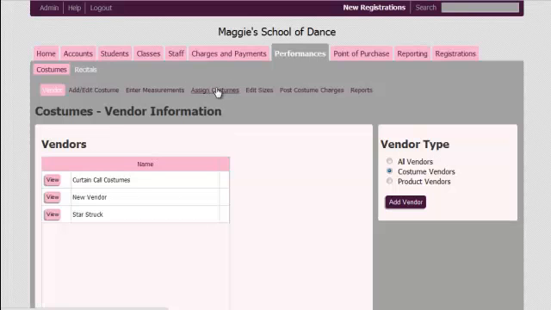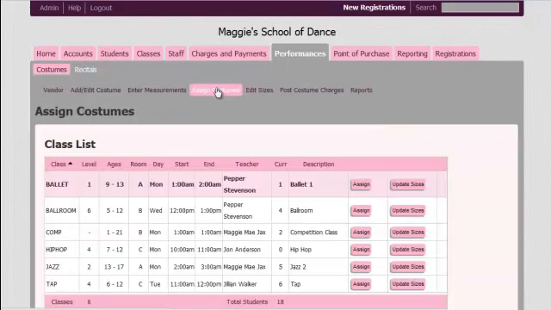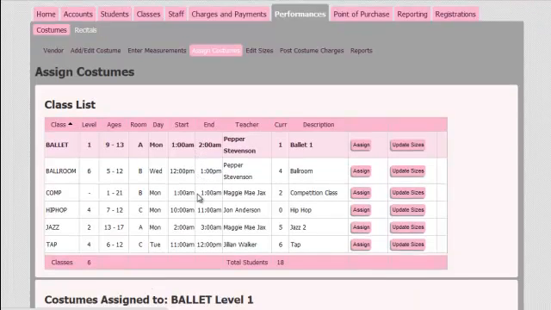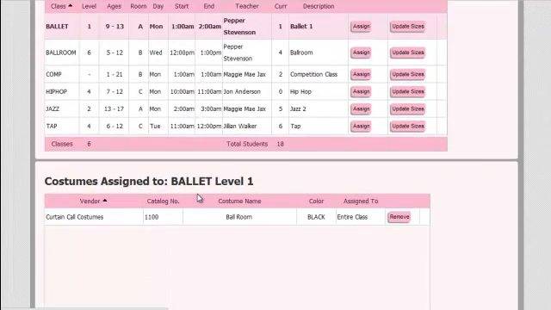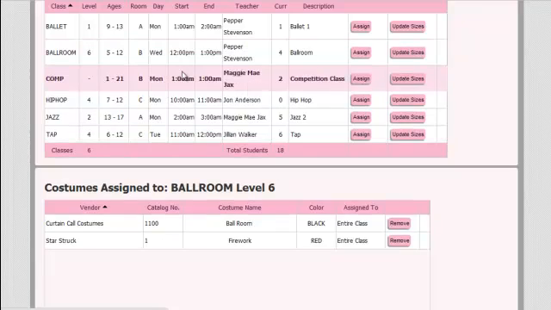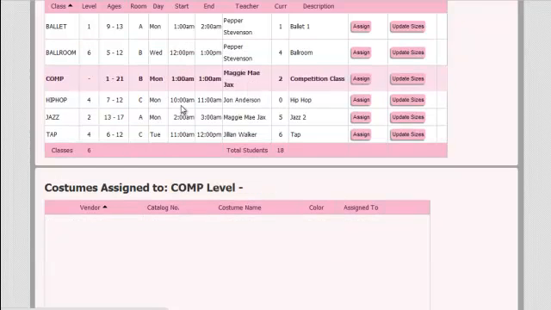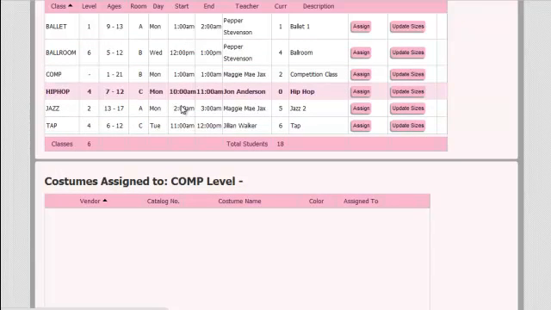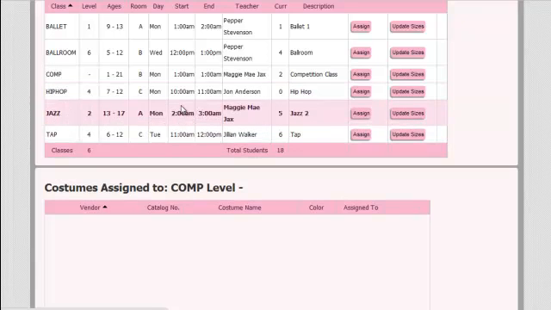Select Assign Costumes from the menu at the top, and you'll see a list of classes. The first class is highlighted by default. If you scroll down past that class, you'll see a menu that says Costumes Assigned To. These are costumes that you previously assigned to each class. So as you scroll through your classes, you'll see that some of the classes have costumes assigned, and some of them don't. So if you want to assign costumes to a class,